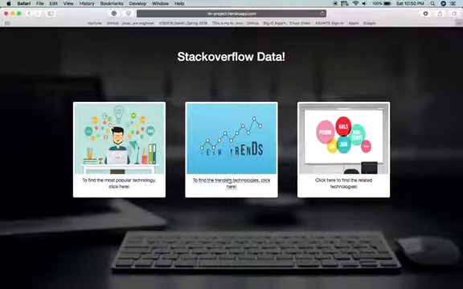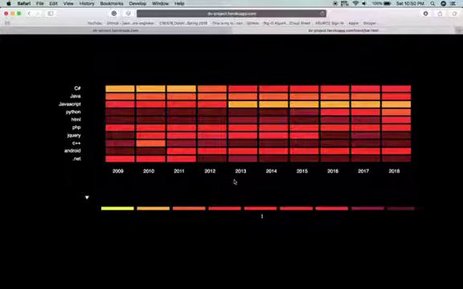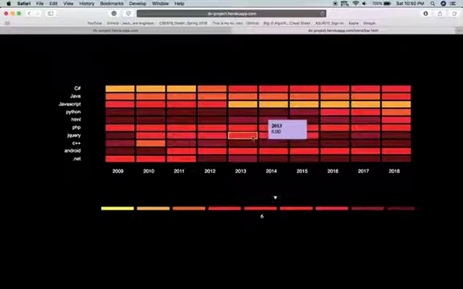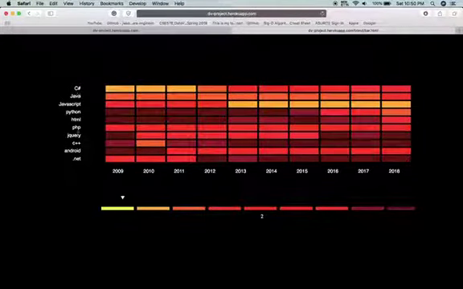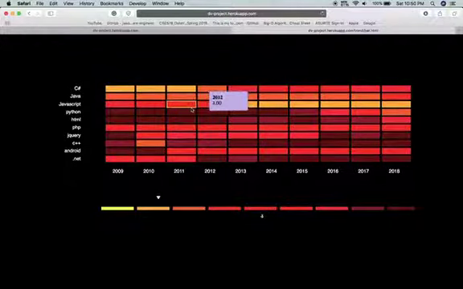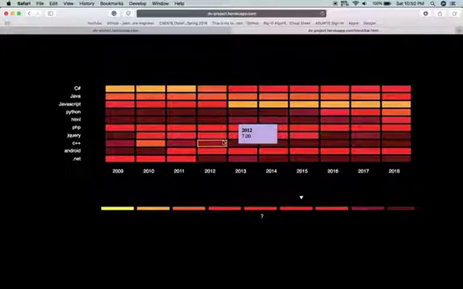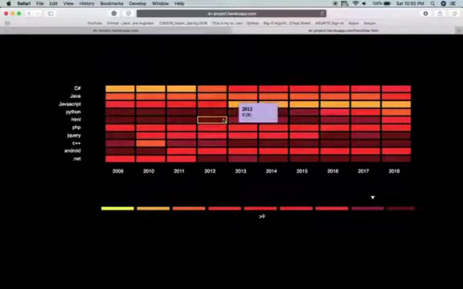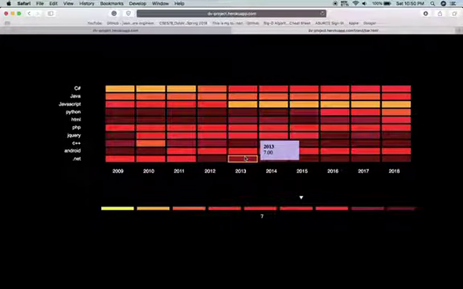The next graph is finding interesting trends. For these technologies, we can see how they have evolved within the span of 10 years. This is a heat map that shows tiles for each technology and for each year.